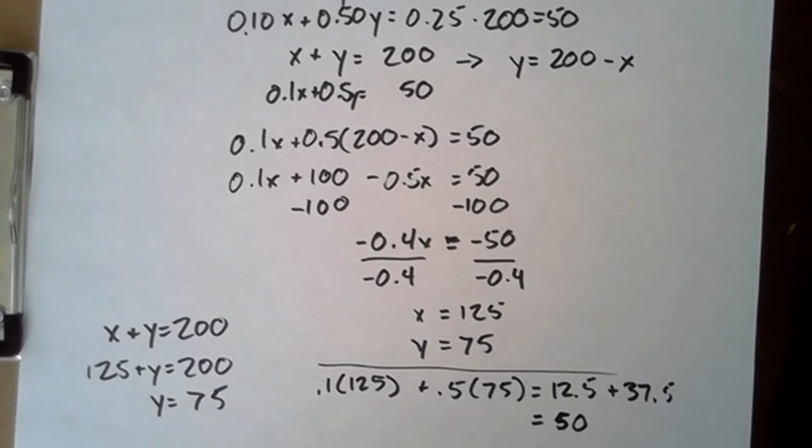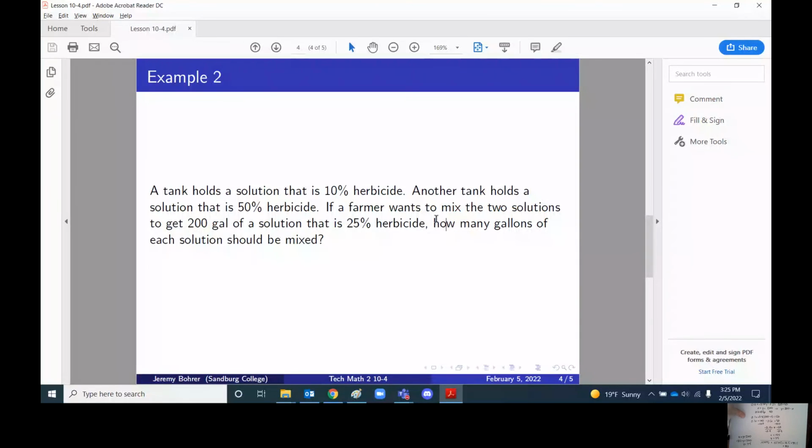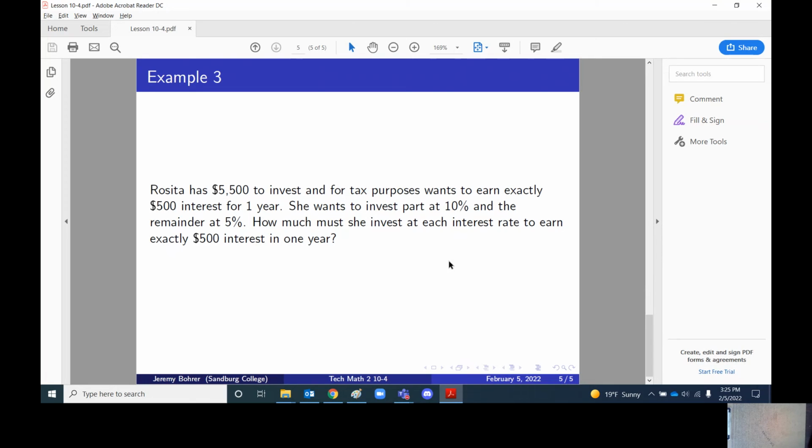Finally, we've got one more problem to look at. Rosita has $5,500 to invest and for tax purposes wants to earn exactly $500 interest for 1 year. She wants to invest part at 10% and the remainder at 5%. How much must she invest at each interest rate to earn exactly $500 interest in 1 year? Well, again, here we've got a situation where we know the total that we're going to invest. She's going to invest $5,500. And we'll say that X is the amount that she invests at 10% and Y the amount she invests at 5%. So this is X plus Y equals 5,500